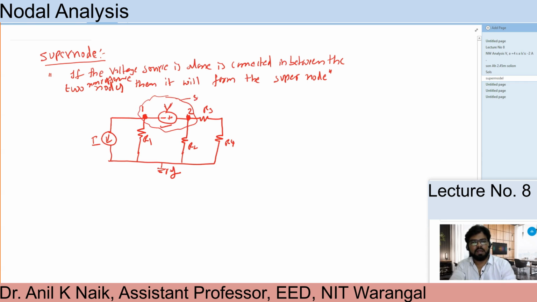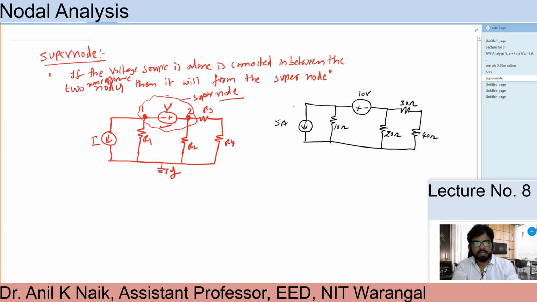That is the concept we need to understand. So I'm considering a network something like this. This is my reference node, and these are the two non-reference nodes. In between these two nodes, this network is connected, but here I want to find V1 and V2. Suppose this question is given to us, asking to find V1 and V2. Then by seeing this network,